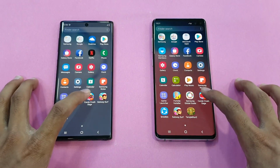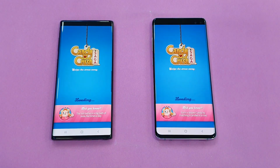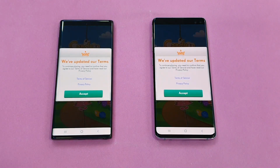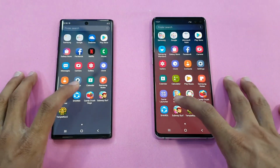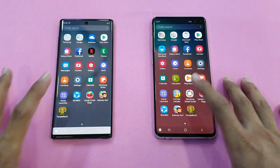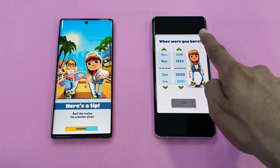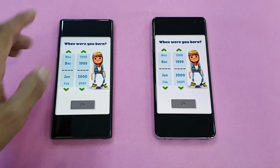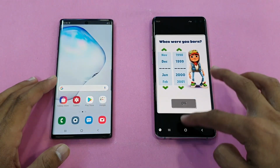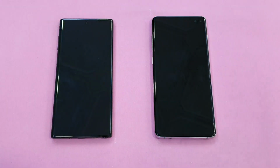So moving on with some game applications. First on the list we have Candy Crush Saga, and you can see that was about the same on both phones. 8 nanometer versus a 7 nanometer process. Subway Surfers, and we have dual cameras on the S10 Plus inside the Infinity-O display versus a single camera on the Note 10. So the last game application we have is Temple Run 2,